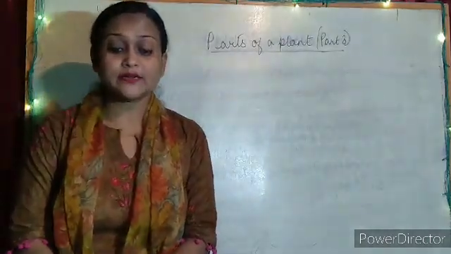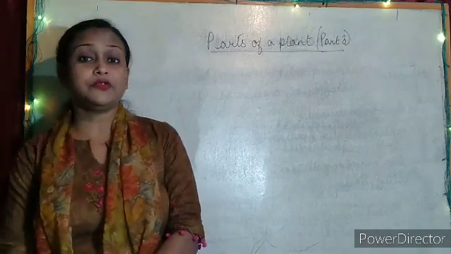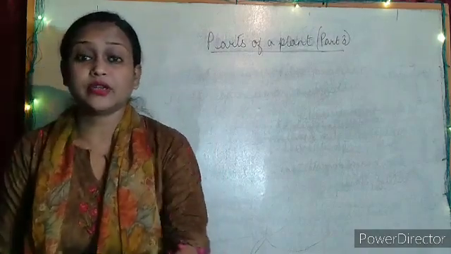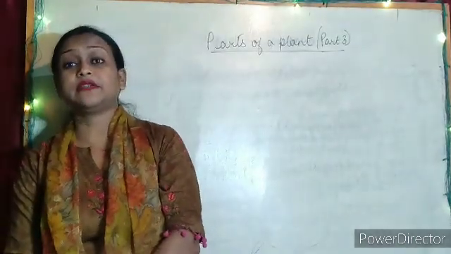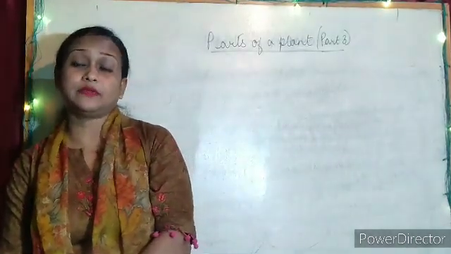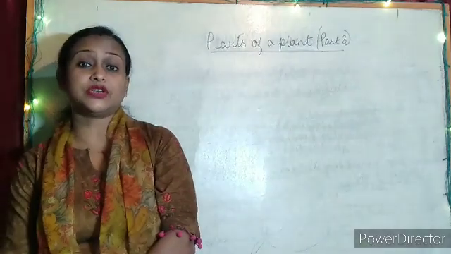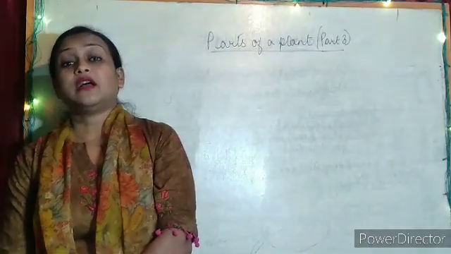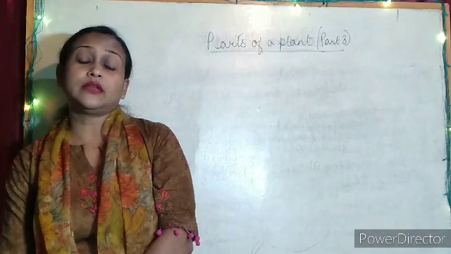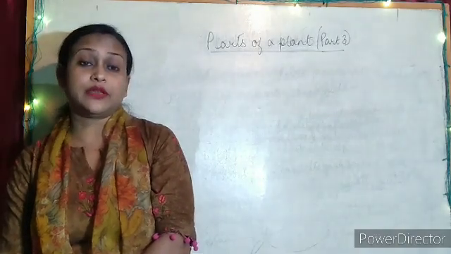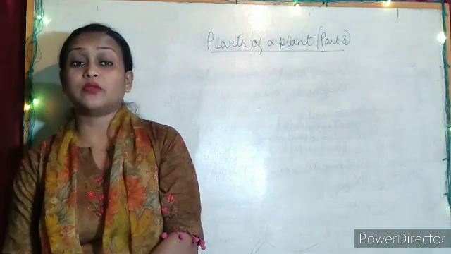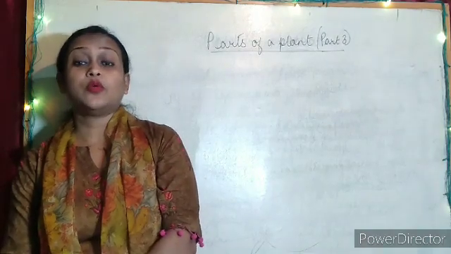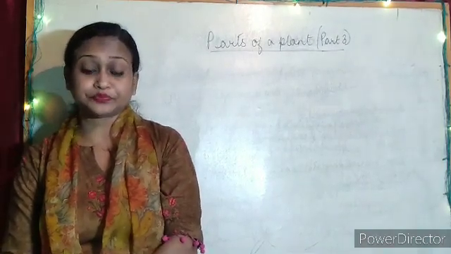Last class we discussed the kinds of root, the function of stems and about leaves, different types of leaves, that is the venation, different types of venations in leaves, and lastly we concluded with the definition of what is stomata. So we will be starting from there, what is stomata, and today we will learn why plants have stomata.